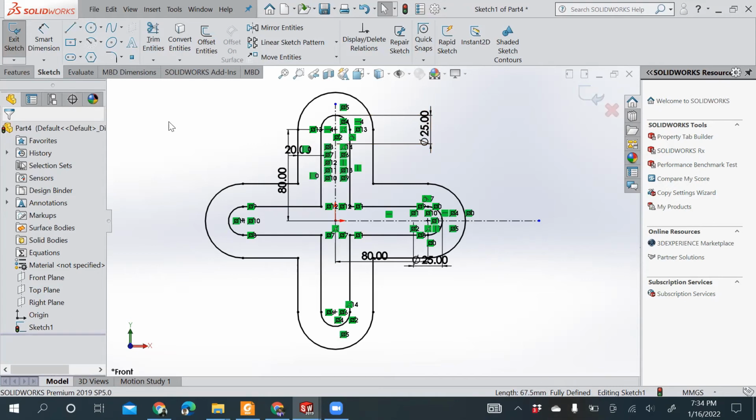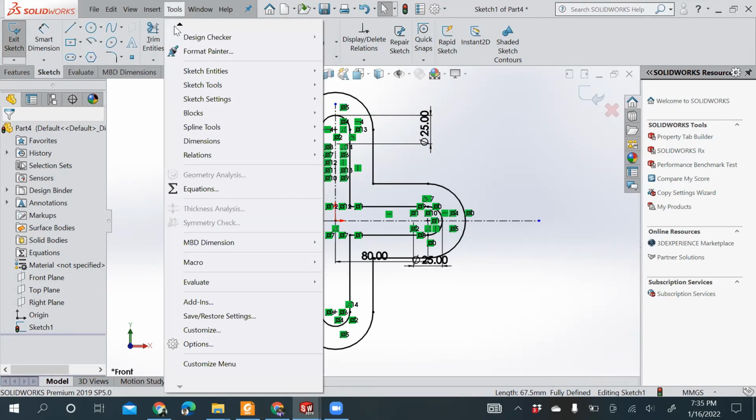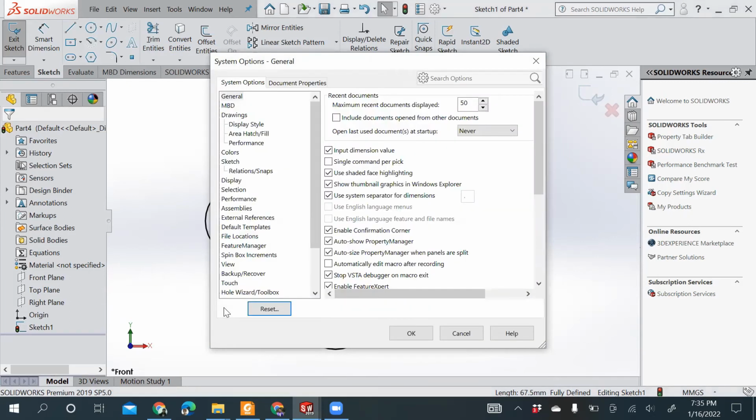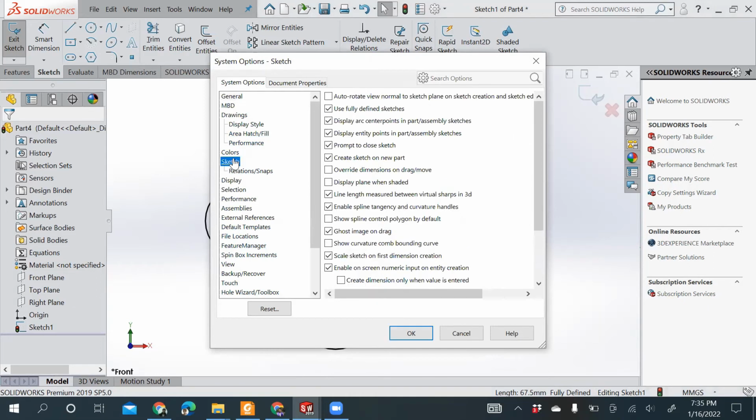So to avoid that particular situation, to make sure you always leave your sketching module after your sketch is fully defined, you need to go to the tools menu and select the options button. Under this options button, under the sketch mode, this sketch tree, you will have these many options here.